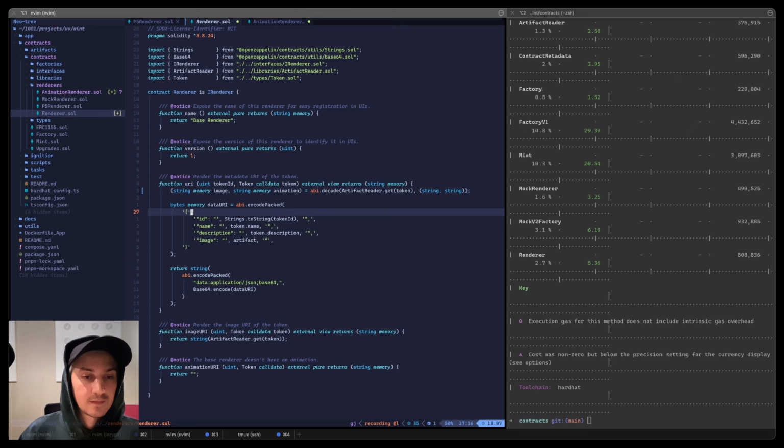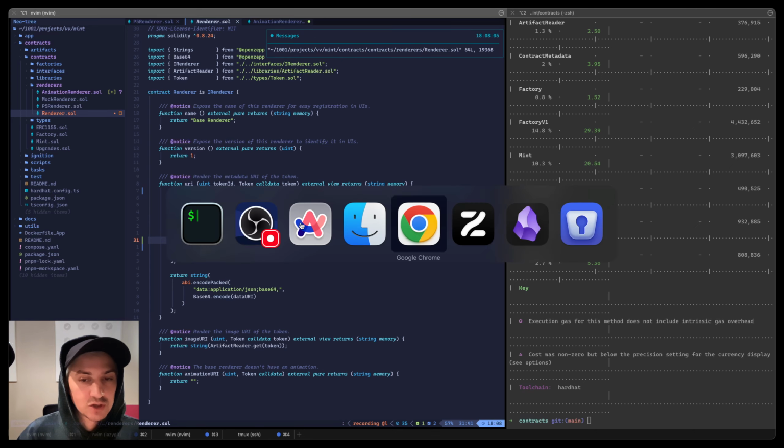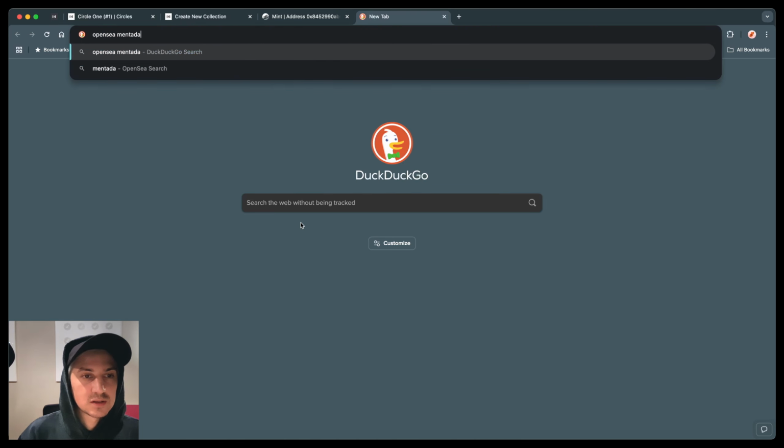And all of this pretty much stays the same, except for here we say image and we say animation URL, and this would be the animation. And whatever people put in here should just work, like we expect a URI, that being like an HTTP URI or IPFS URI or Arweave or whatever. It should work. Let's just make sure that OpenSea metadata